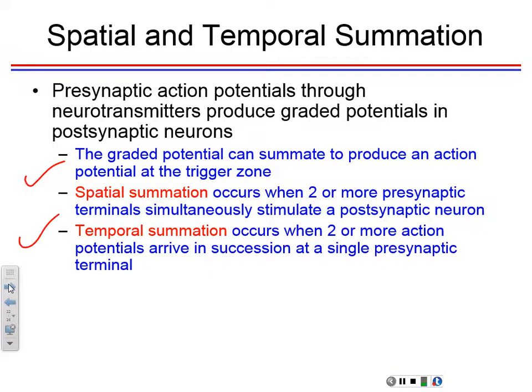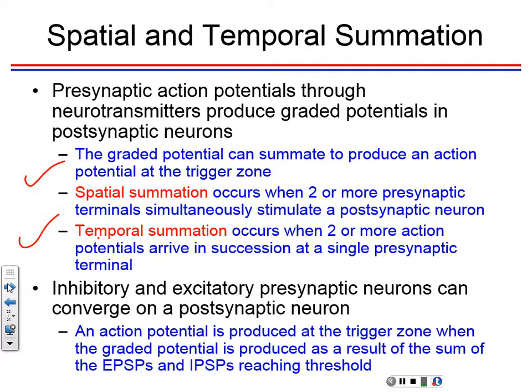So another way I will ask you is how these excitatory postsynaptic potentials or inhibitory postsynaptic potentials are summed up. So there's spatial summation, there's temporal summation. Okay? This is the same neuron, and this is a few, and that adds up, and you reach threshold. So know about that. So inhibitory and excitatory neurons, they can converge. That means several come to a few. Converging is coming together on one thing. Like maybe three neurons come together on one.